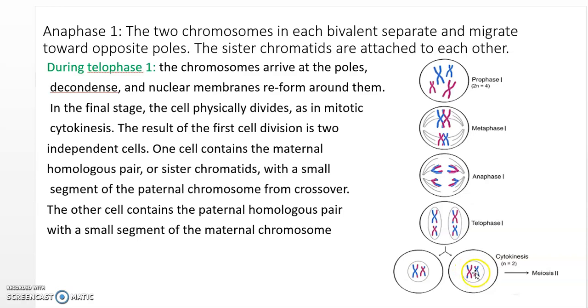You can see the change in the color. This is blue, and here some part is red in color. Even for this, one is red and the other has a small part that is blue. And in this cell, one is blue and a small part is red. Similarly here, one red and a small part blue. So like this it is. So with this we studied meiosis 1, and next we'll study meiosis 2.